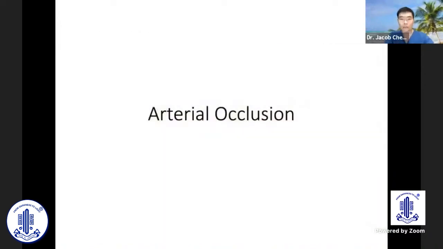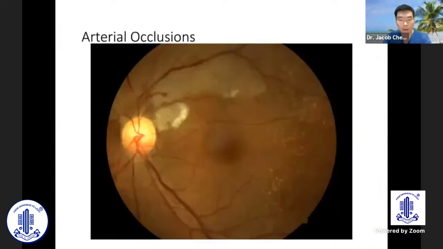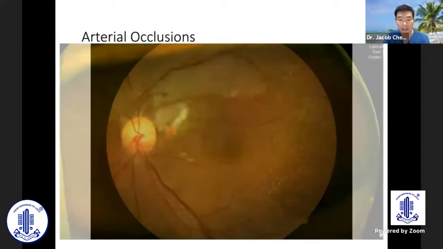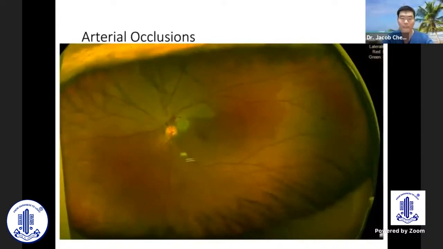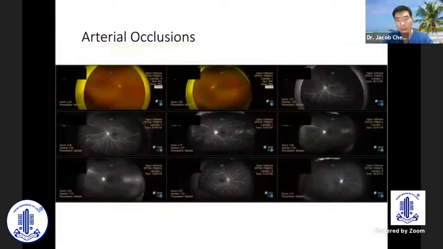How about in arterial occlusion? Here, a normal fundus photograph, you can see whitening, swelling, edema of the superior retina. Again, with the ultra-wide field, you can see the superior, almost hemifield of the left eye is actually involved. Again, this is a fluorescein angiogram, starting with the first picture on your top right, superior hemifield delayed arm